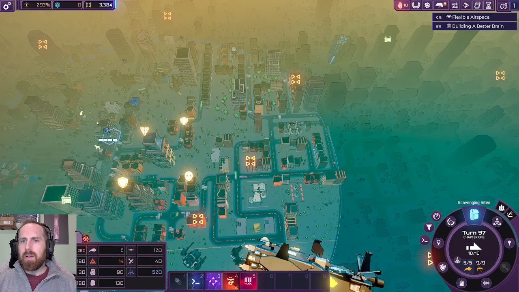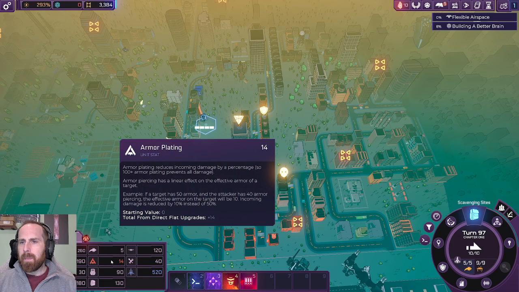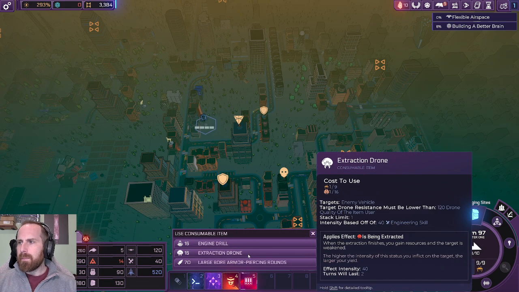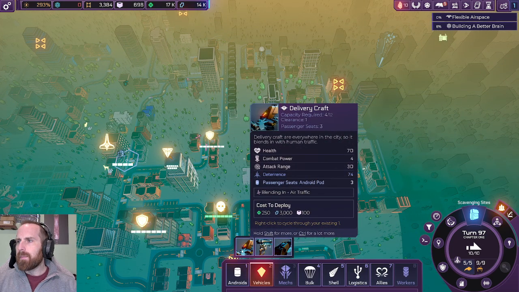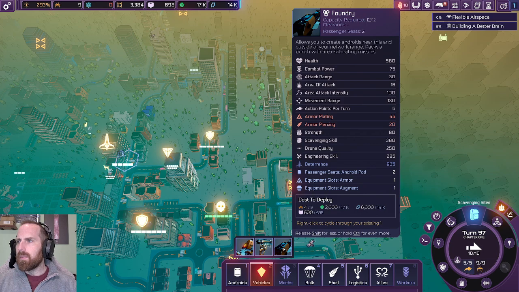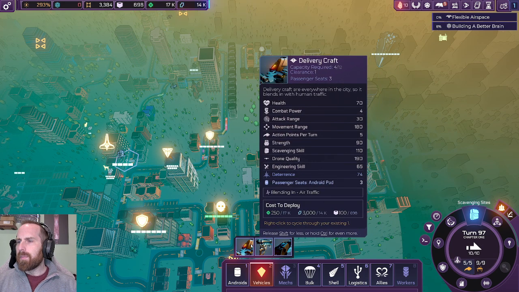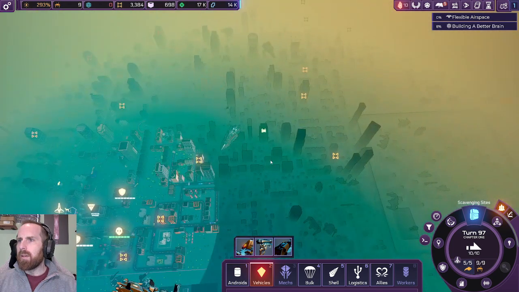All right. So these now have... Oh, but didn't I find that the... Based off of engineering skill. Yeah, these have a higher engineering skill. Oh, Foundries have an engineering skill of 285, huh? So you would be the best drone option by far. Where's the movement range? 130, 180, 180. That said...